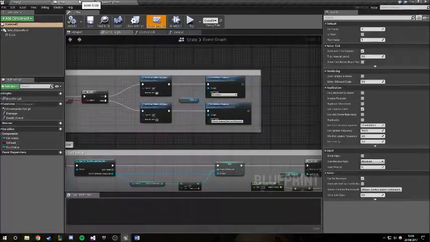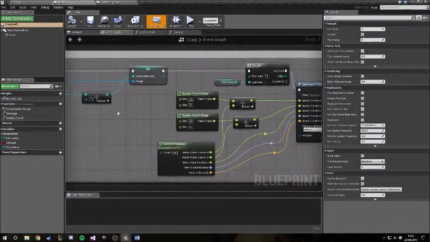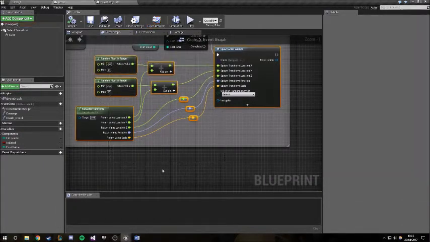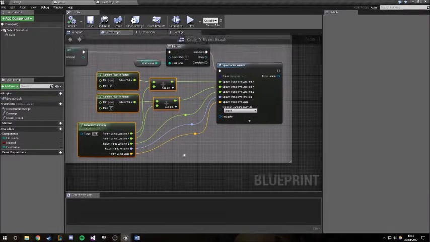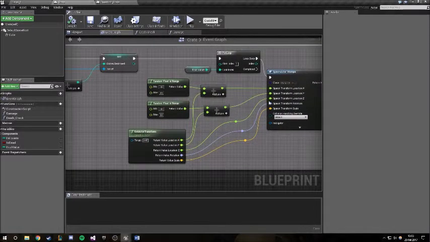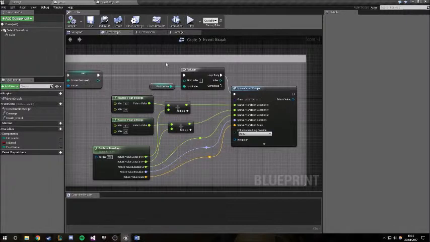It isn't really a major part of the crate blueprint, but I just think it's a pretty neat part is this little selection of floats. What this basically does is this whole formula here is dependent on the fruit value of the crate, and it will loop through the amount of fruit that there is, and every time it spawns a fruit it will set it by an offset in its transform so that all of the Wumpa fruit don't stack on top